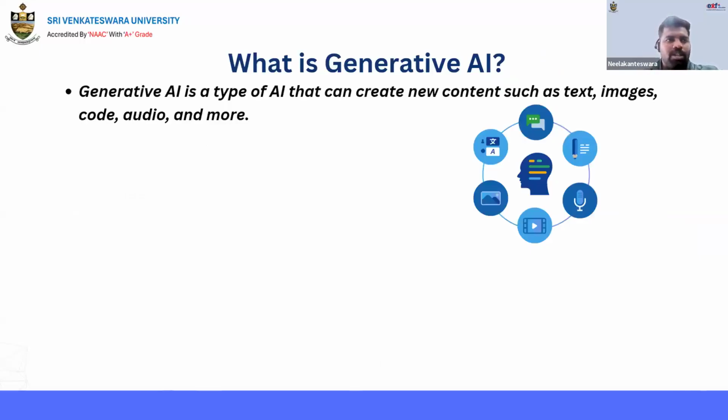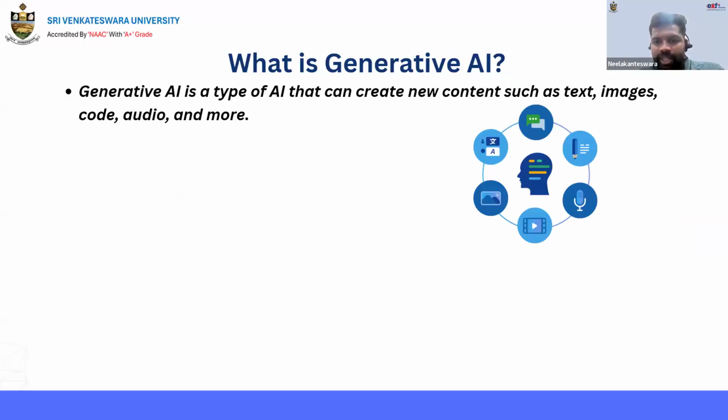This is a new concept. Up to now we discussed AI and machine learning. Both are used for prediction purposes. AI is used for prediction or making decisions, and machine learning gives that power to make decisions and predictions.